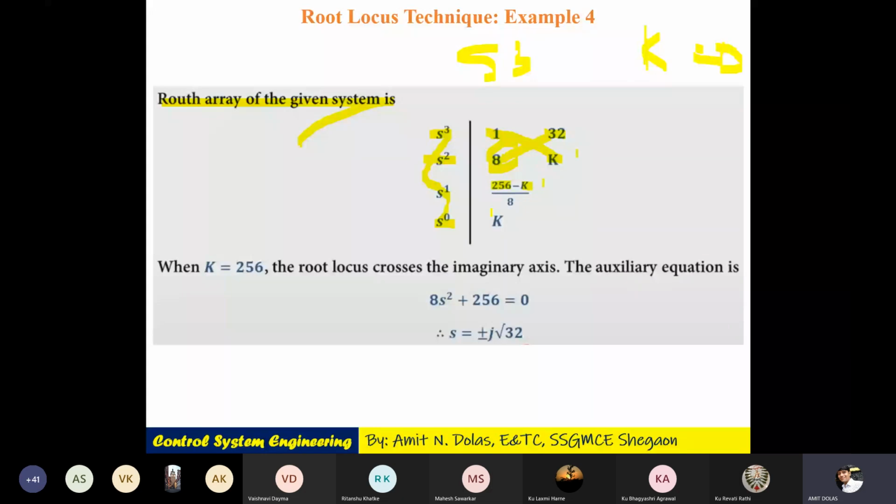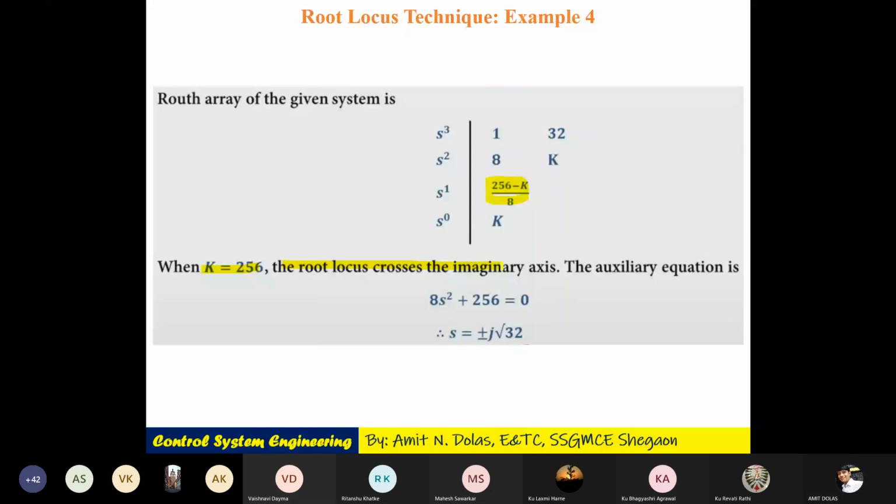Now what we need to do, I want the k value which will make this term equal to 0. There is nothing much to think about here. Whatever root table you wrote, next element you calculated, you have to put k value in this way so that the next coming element will be 0. And of course, 256 minus 256 will be 0. So we'll take k is equal to 256 and root locus crosses the imaginary axis at this value.